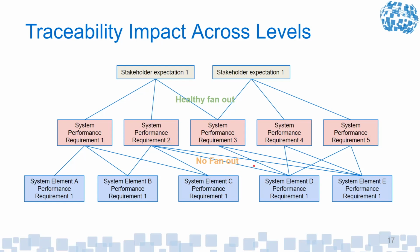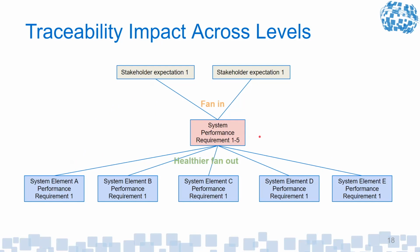But if you start to consolidate a lot of requirements, you can get into this situation. Okay, I have a lot of stakeholder expectations, but not so many system requirements. And then you get the fan in here, and you lose a little bit of precision in your traceability. Maybe you lose up here, but you gain down there. But that is definitely one risk here: would we lose so much precision in the traceability that